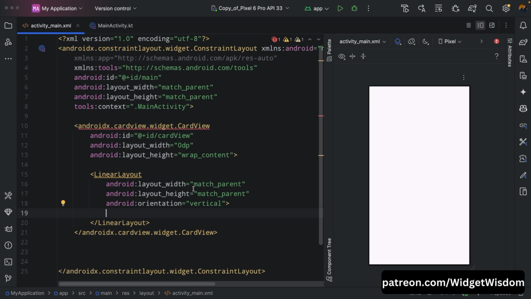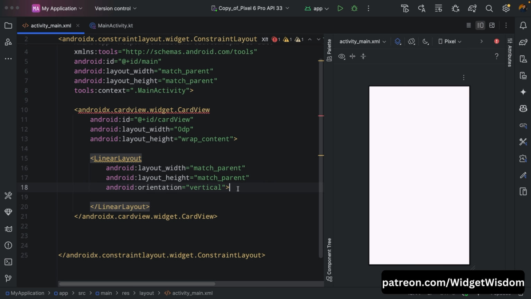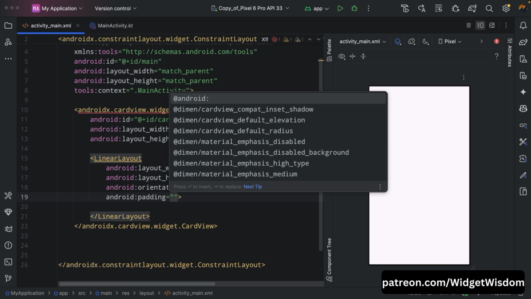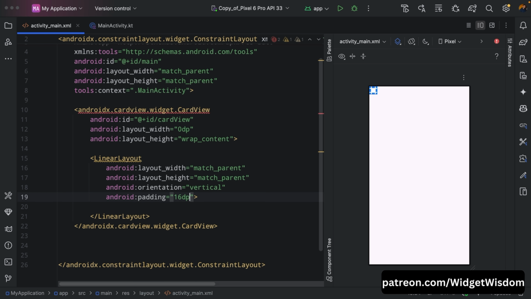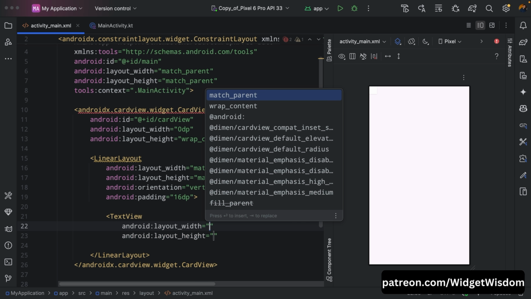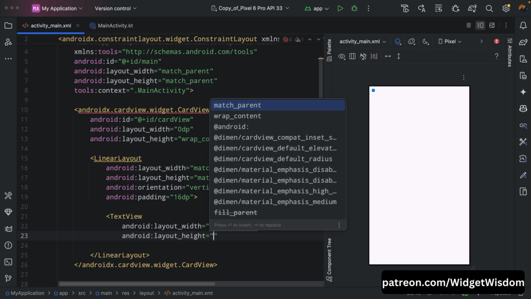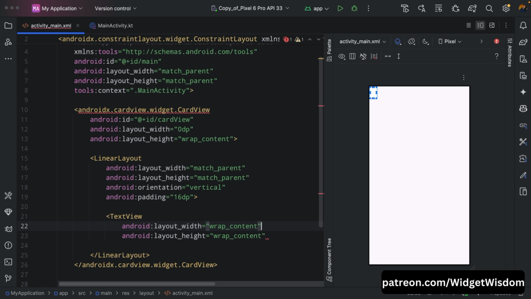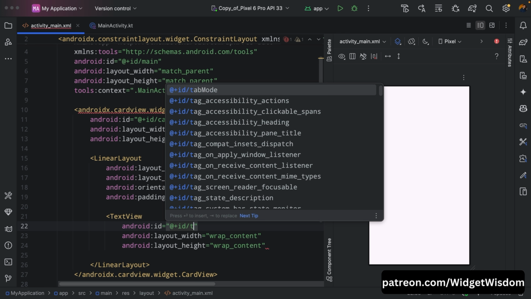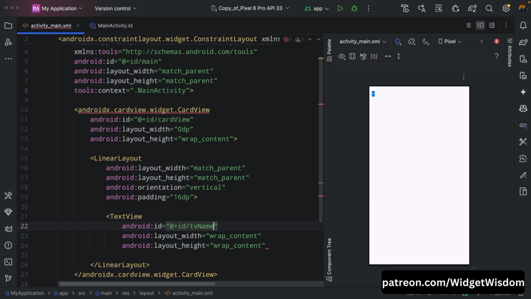Okay, now inside here we are also going to add some padding. So let's add the padding as 16dp. It's perfectly fine. Now here simply let's add a TextView, and for height and width simply add wrap_content, and for its ID let's give it textViewName. It's perfectly fine. Now for text, let's simply add the channel name, that is Widget Wisdom,